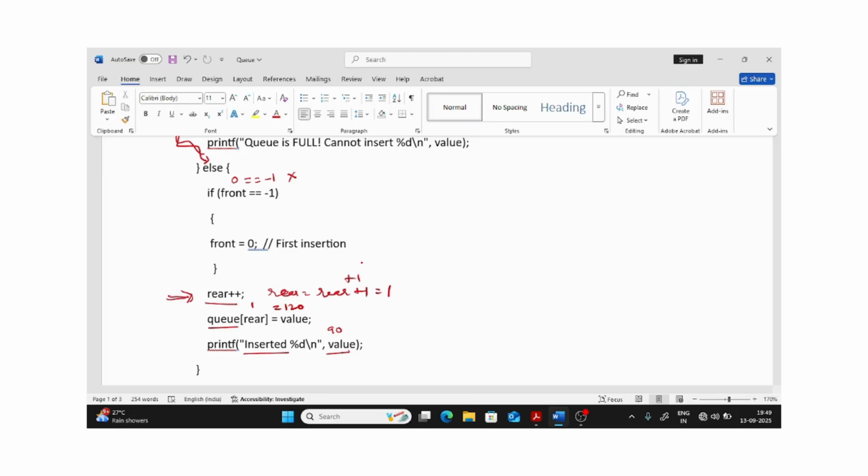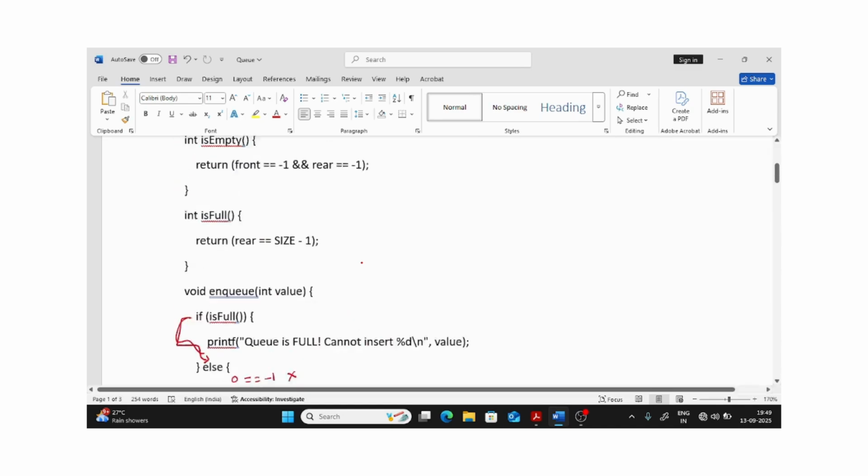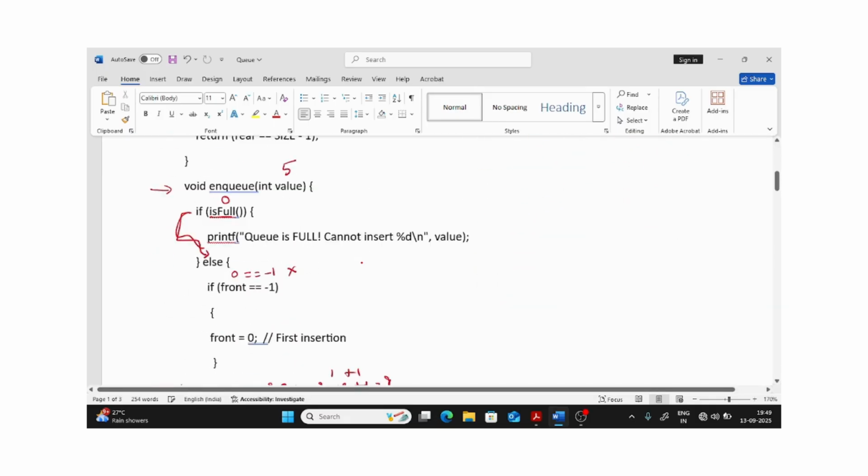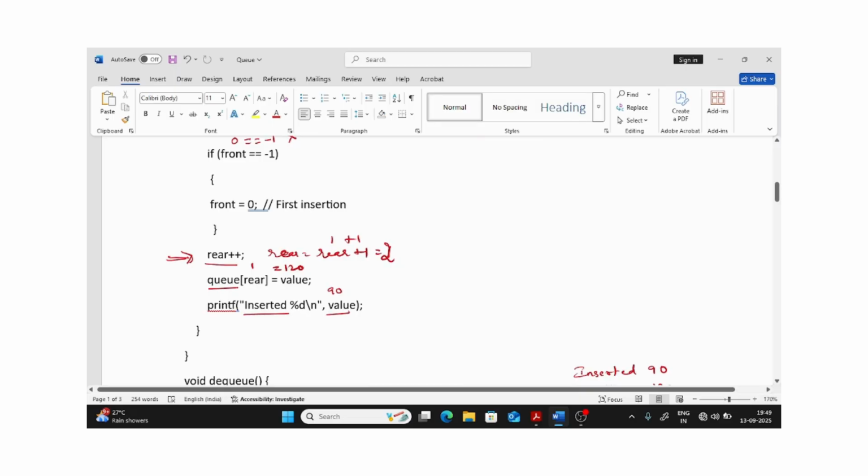So, rear now is 1, right? Therefore, this will become 2. So the rear now will become 2, which means that I will change this. So I will change it to 2 here, and it will point towards 2. And now after pointing, I will say q of